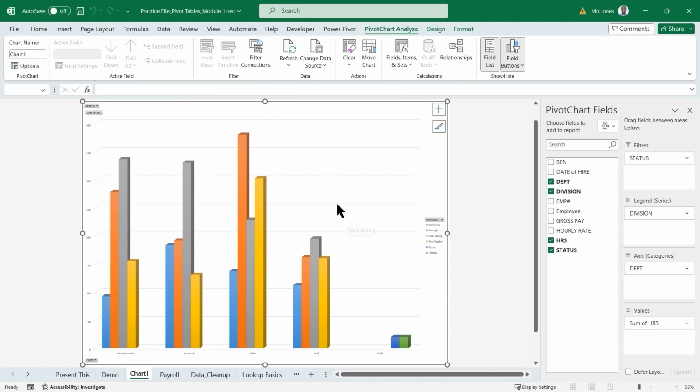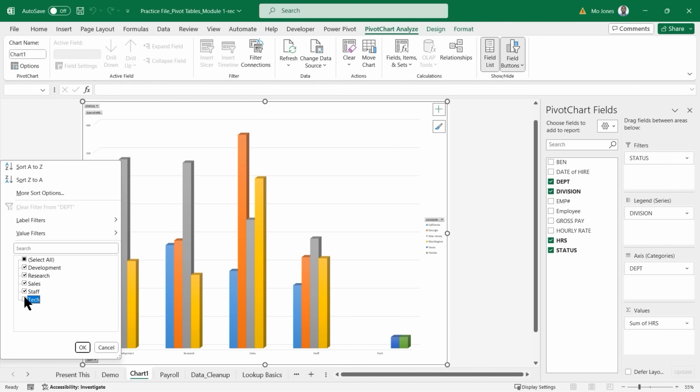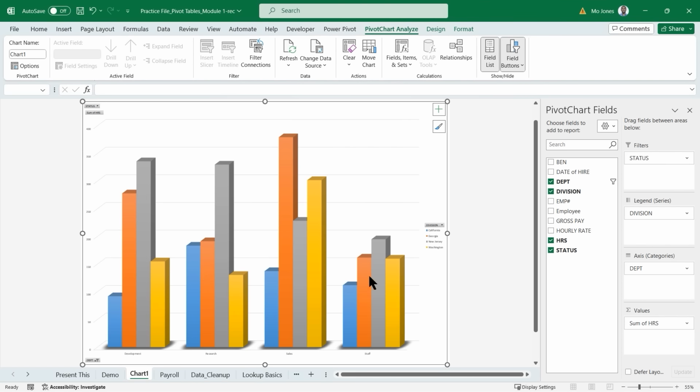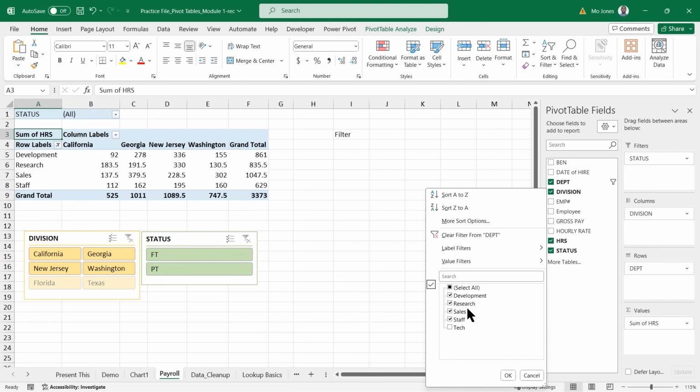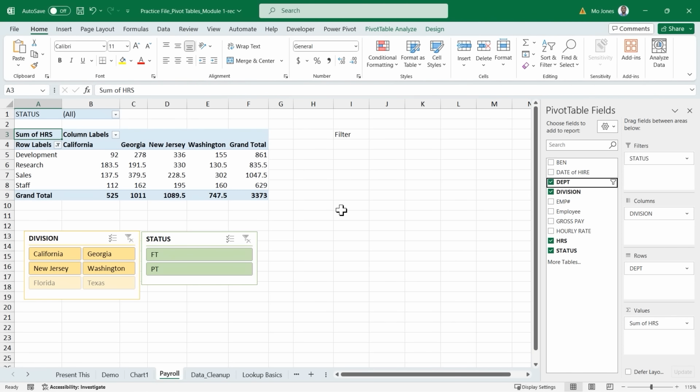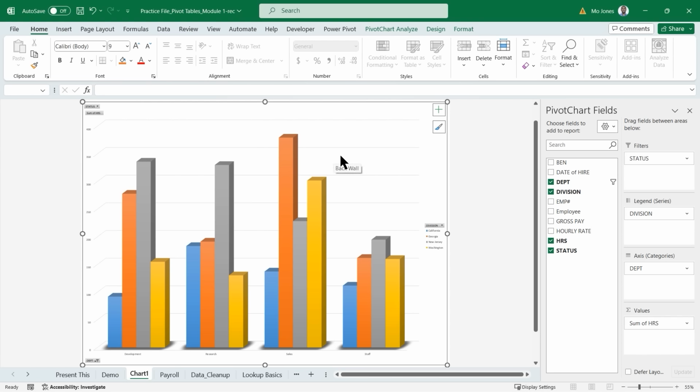Now this is still linked to my pivot table, right? So right now I'll remove that department. I don't want to show the tech. I'll press OK. So that looks a lot better, right? So I am filtering to remove the tech department. I'll go back to payroll here, and you can see that we're still linked to our pivot table. It's only showing development, research, sales, and staff, but not tech. So even though we move our pivot chart, it's still connected to our data set,